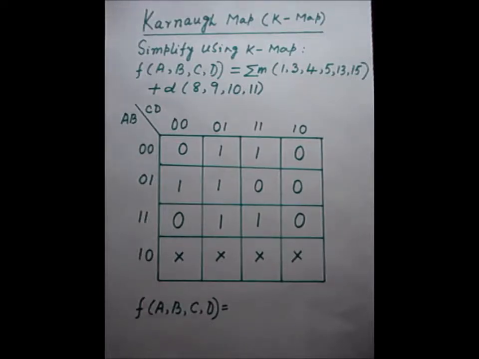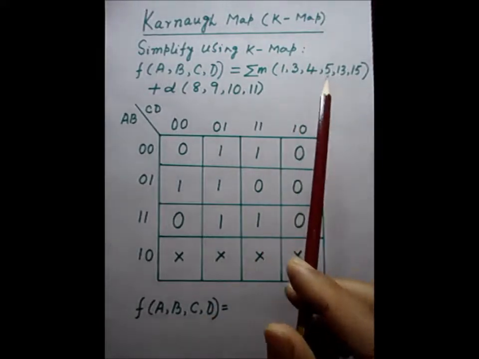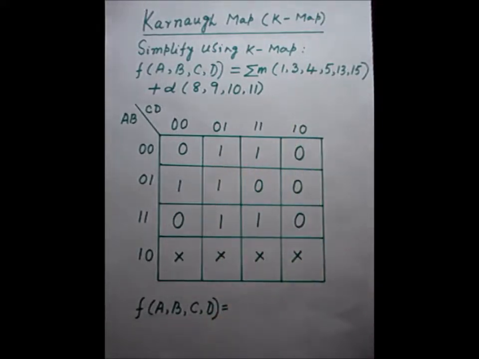But in the case of a KMap, we plot it by an x cross, and obviously the main outputs we put by 1, and the remaining obviously we put 0. Now we come to this